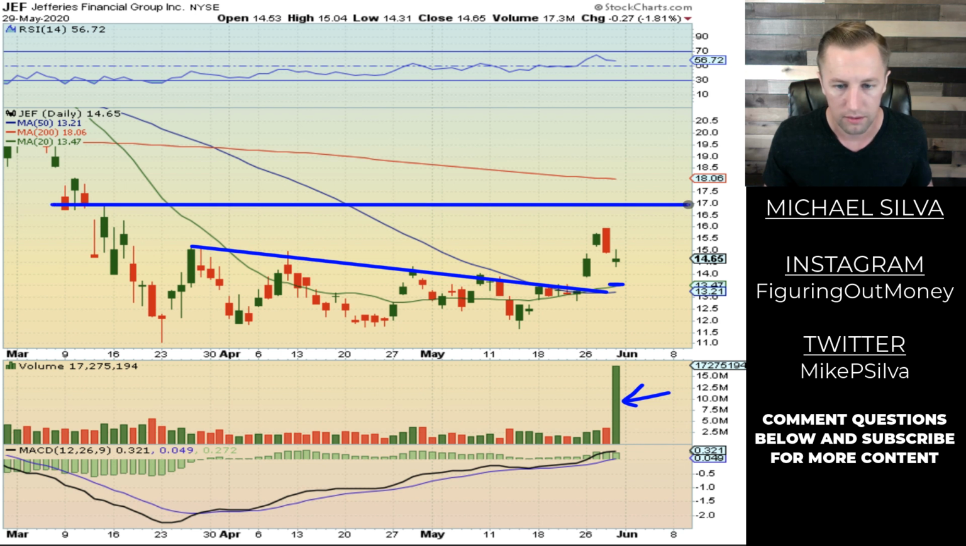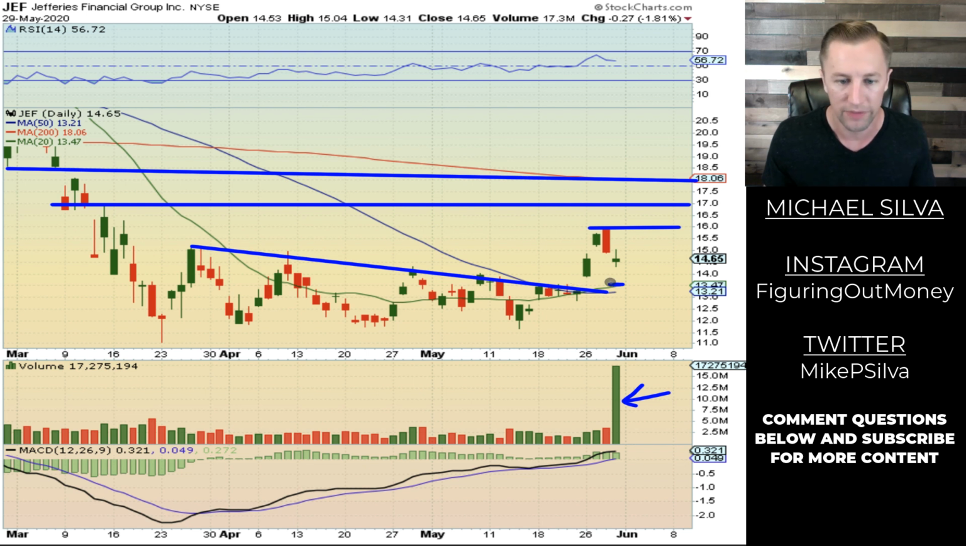$17 would be a good price target right there. And then I would also say right here at the top of this, which was at $16, so $16, $17, then you have some overhead resistance at the 200-day period moving average at 18. So if the retest comes down here and you want to risk, put the stop loss right here at